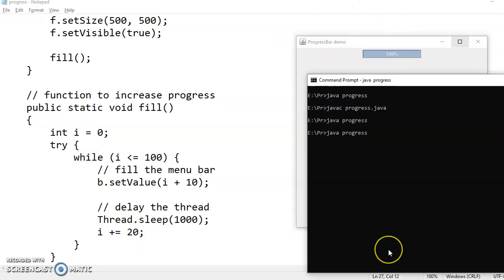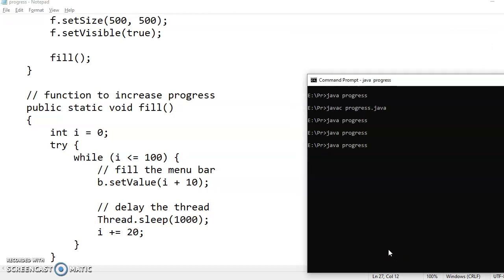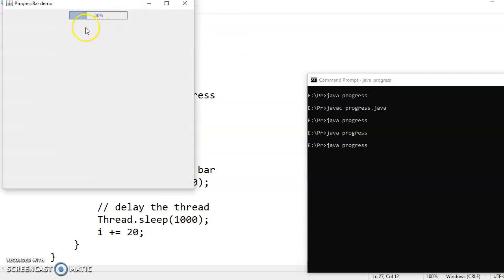So you can see one more thing. It gets on filling with some color as the percentage increases. Initially it was no color, blank. But as the percentage of the specified task is completing, it is getting filled with some specified color. So the default color is a dark gray as per the theme of my PC.